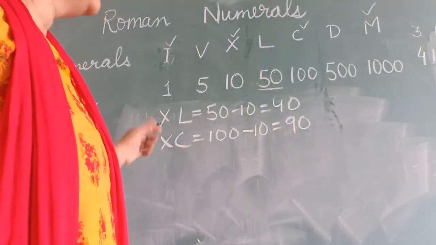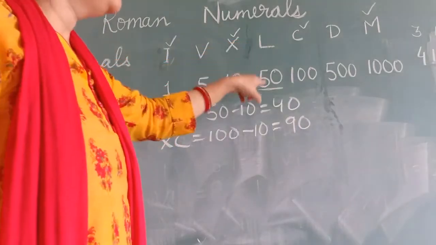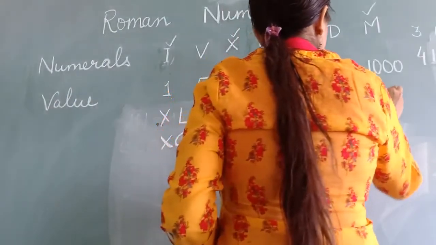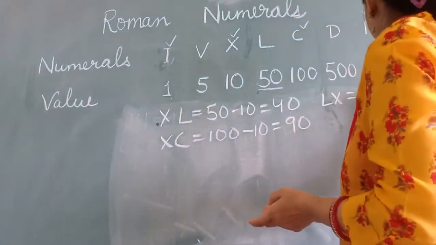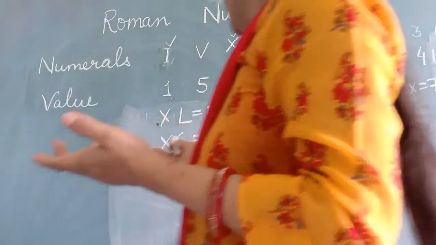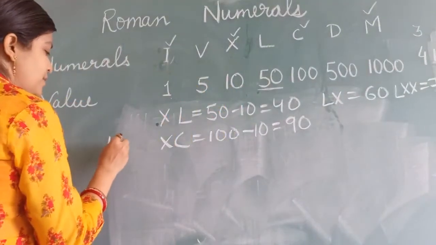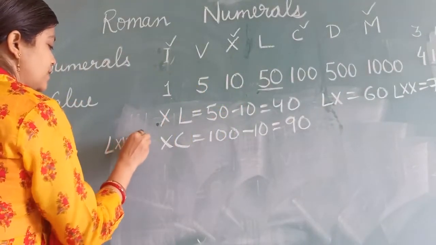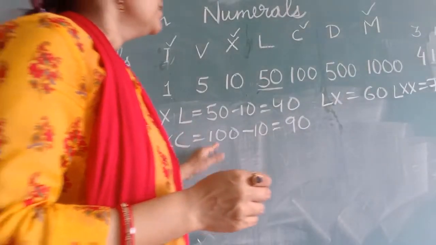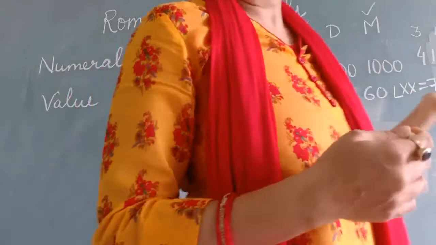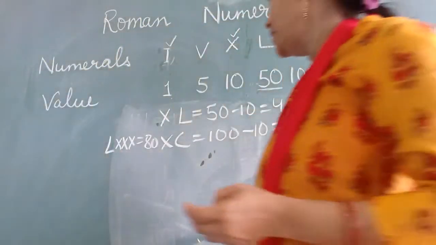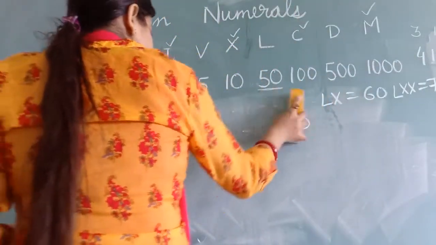60, you will think how you will write. 50 you can write L. For 60 you can write L plus X, that will be 60. For 70 you will write L plus 2 X, that will be 70. For 80 you will write L plus 3 X, that will be 80. And then for 90 you will subtract from 100. Similarly 110 you will add 1 X. If you know the rule, you can do anything. So again I am discussing some rule here, please listen to it.